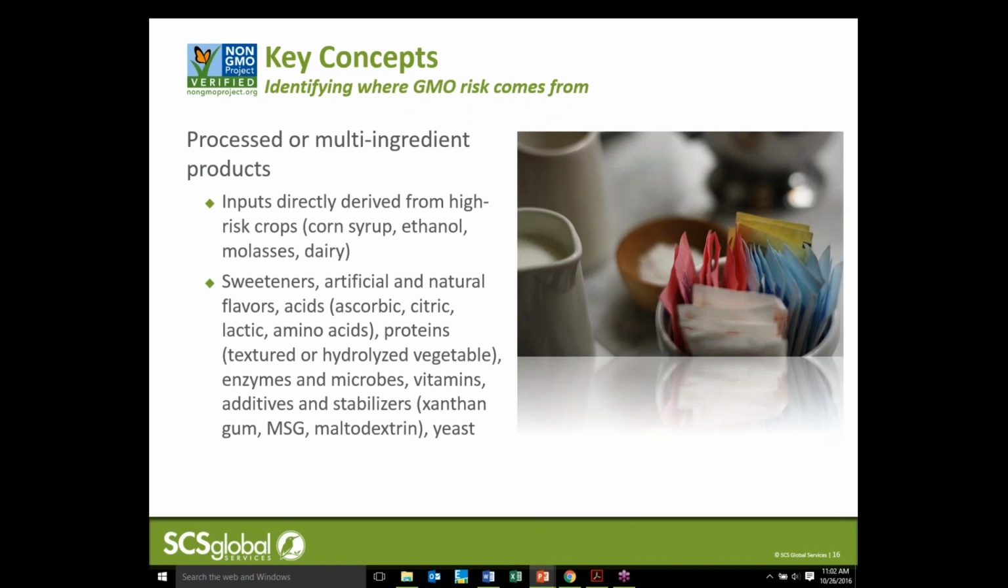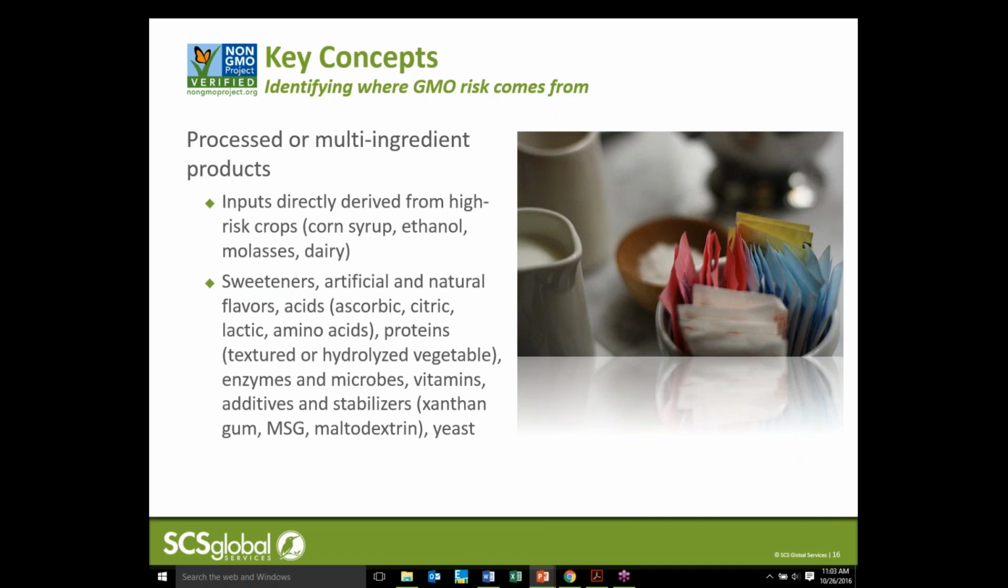And for your processed or multi-ingredient types of products, anything that's going to be in a bag, in a box, on a store shelf, and so forth, the easily identified high-risk inputs, such as corn and their derivatives, corn syrup, ethanol, molasses that might be derived from sugar beets, soy protein, and so forth, dairy inputs, that's where GMO risk, by and large, is coming from in processed products, as well as usually as micro-ingredients, things like sweeteners, artificial and natural flavors,